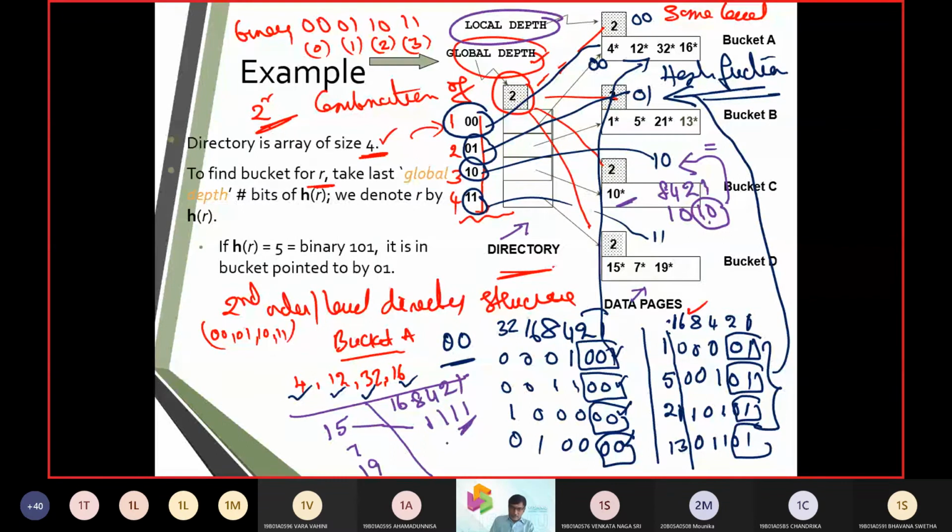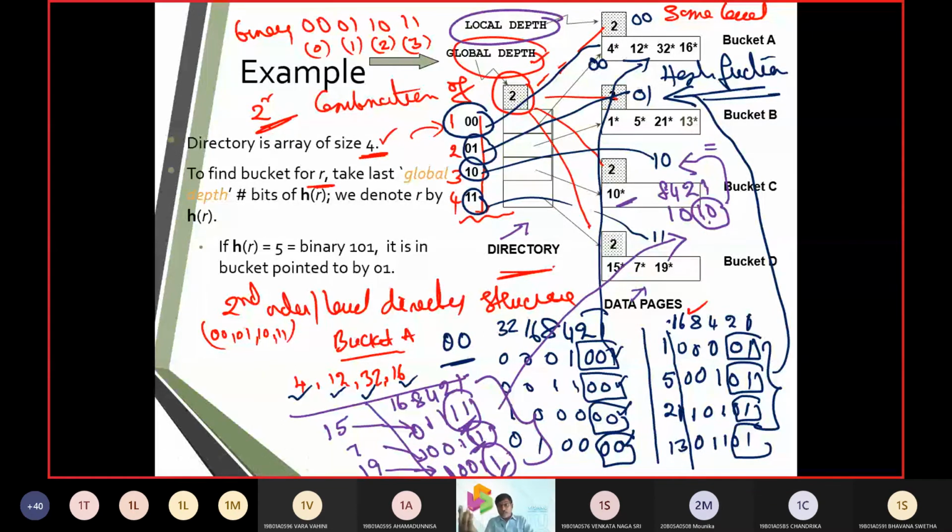How can I write 7? 7, I can write it as 0, 0, 1, 1, 1. That is 4 plus 2 plus 1 is equal to 1, 1, 1. So I have written 7 at this point. Next one, how can I write 19 here? So 19 is 16 plus 2 plus 1. Remaining positions I can put 0 here. Now I can say 1, 0, 0, 1, 1. So this is why we brought this 1, 1 here.